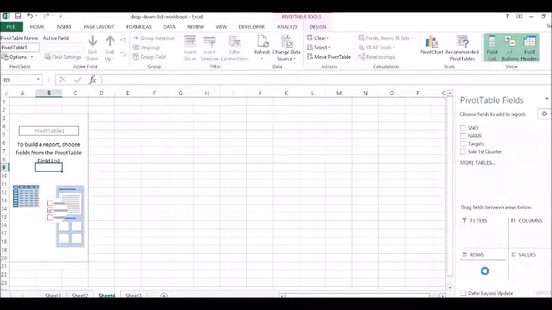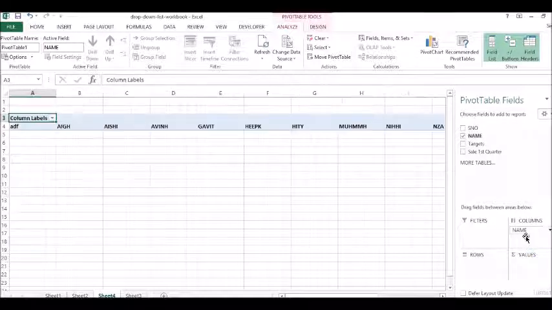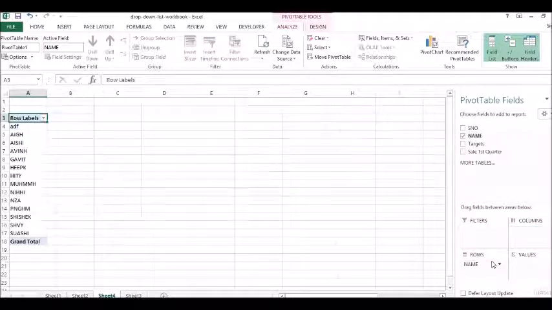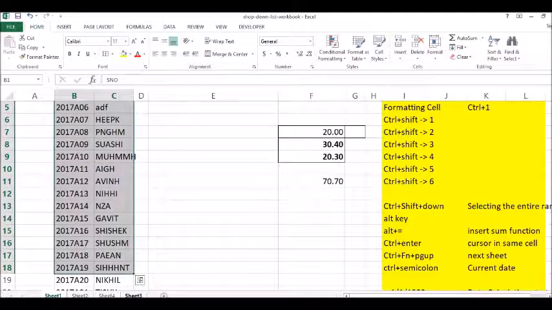So whatever you put in row will come into the row. Whatever you put in column will come into the column. Values is basically the summary part, if you want to categorize in a particular format. Now what I'm going to do is, in this sheet I'm going to add one more